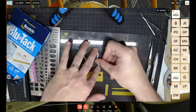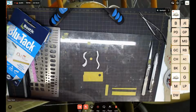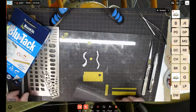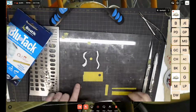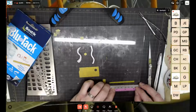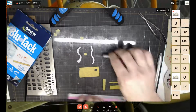Yep. I don't know if I can bring this photo up from yesterday. I actually masked tread patterns onto my C130 build. The short answer is yes, but it's just going to be time consuming, I guess. That's what I said: with a good steel ruler, sharp knife blade, and a hard surface to cut on again, you can get as good as your eyes and your hands are. I guess you can get quite